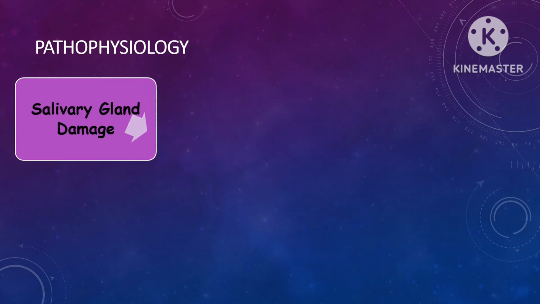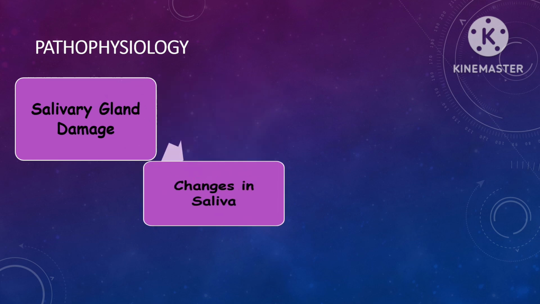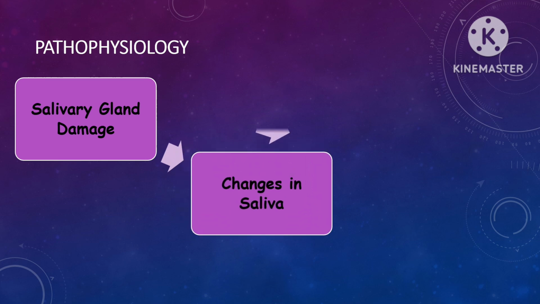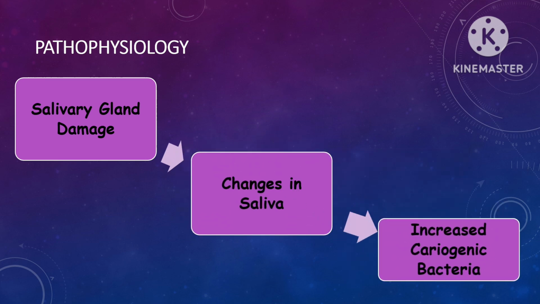Pathophysiology of radiation caries starts when the radiation damages the salivary gland, leading to a significant reduction in the saliva protection. Radiation alters the viscosity and buffering capacity of saliva, making it less effective in neutralizing acids and washing away food particles. Reduction in the saliva and changes in the composition favor the growth of cariogenic bacteria like Streptococcus